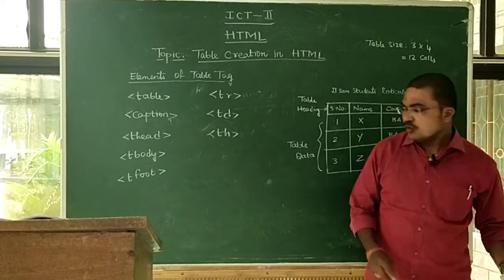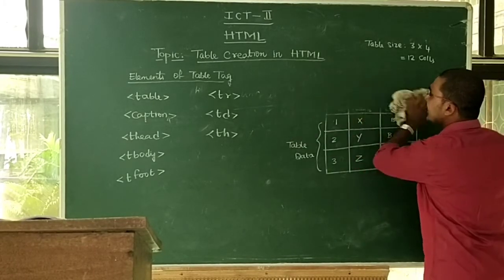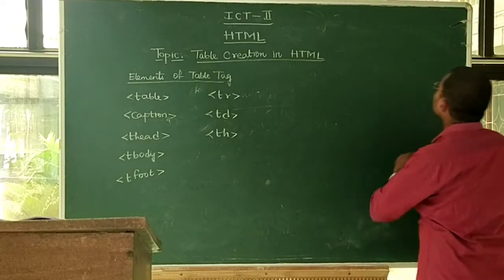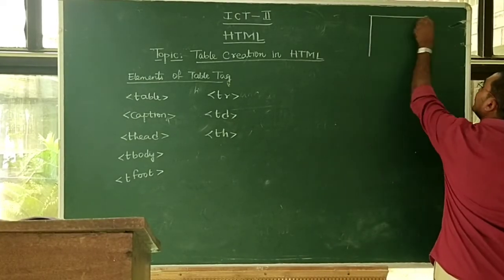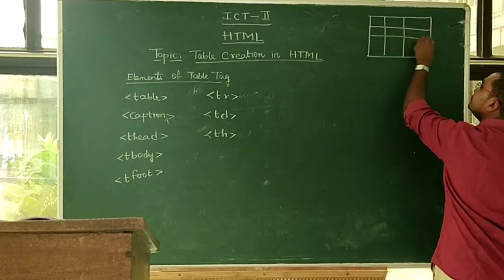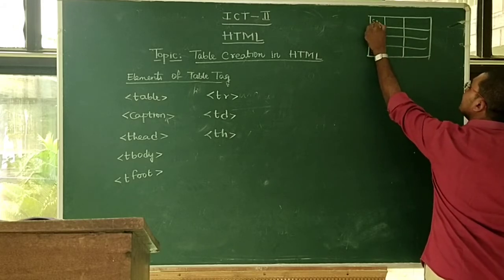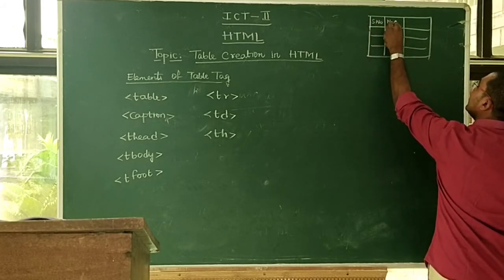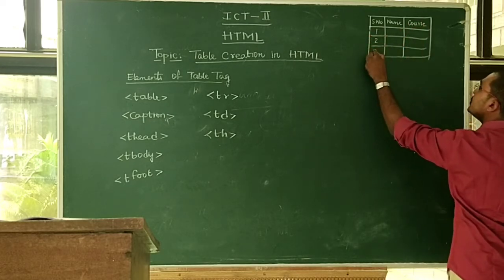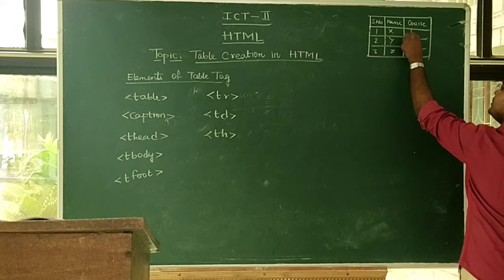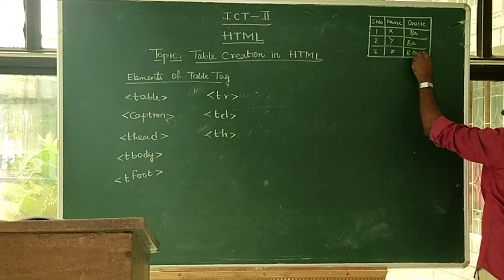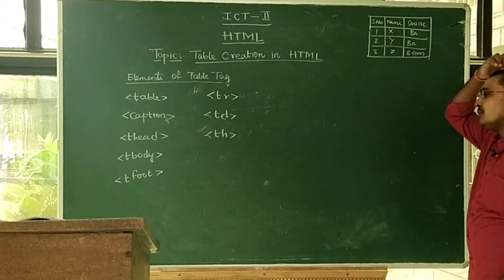Okay, already you know this is the table. So again I will show the table, very small in size. At the top of the board, I created the same table again, very simple. Serial number, name of the student and course they are doing, these are all the columns. And 1, 2, 3, XYZ, and BA, again BA, and the third student is doing BCom. This is the table to create in HTML.